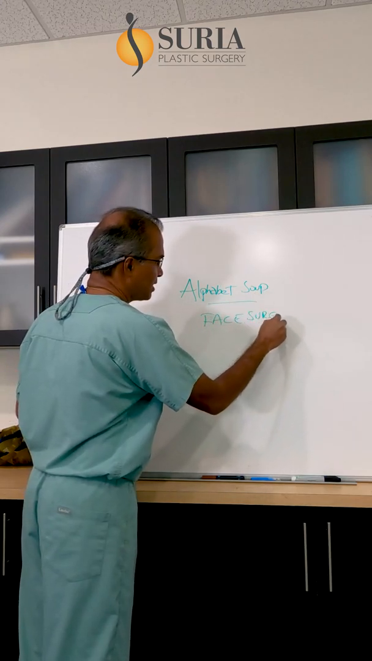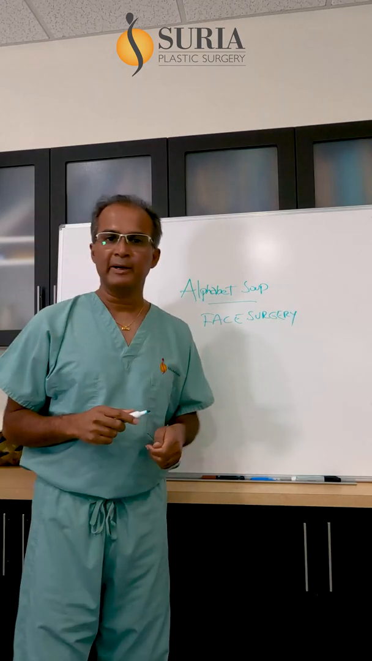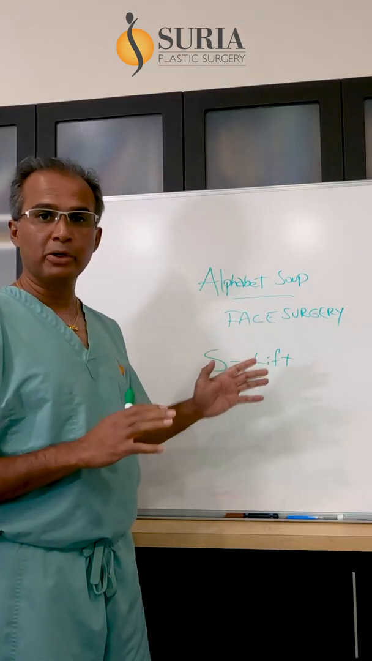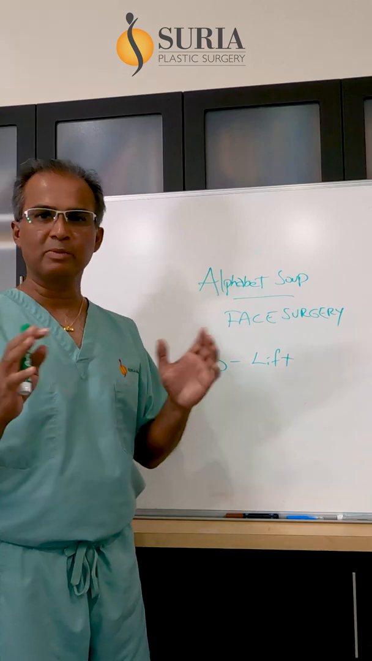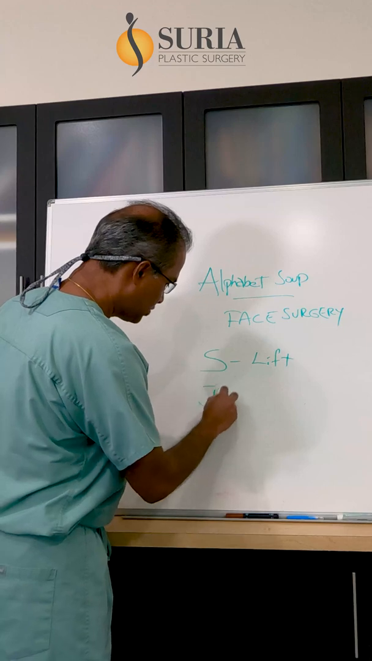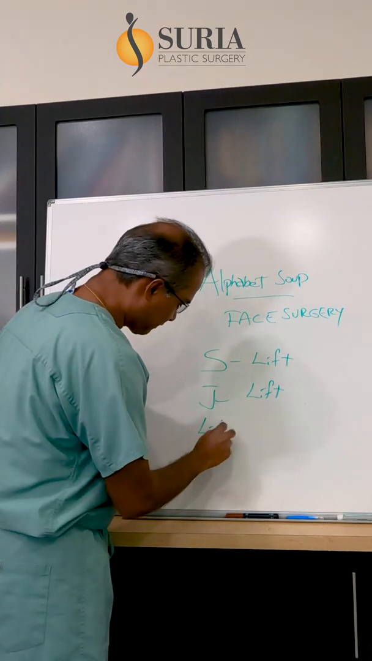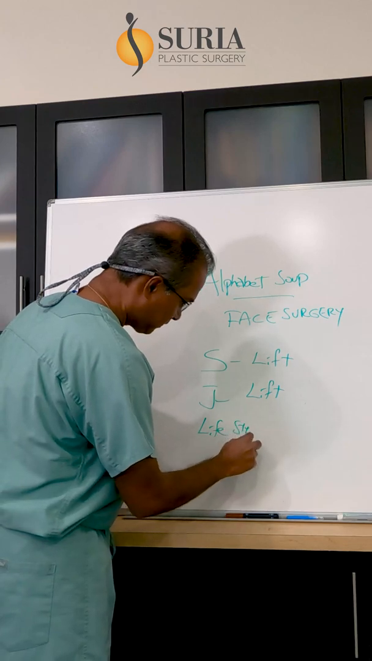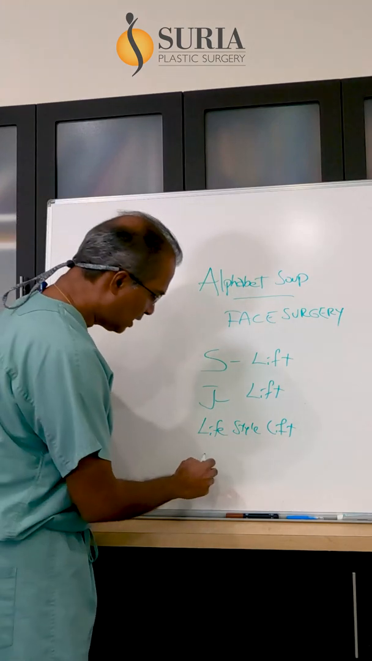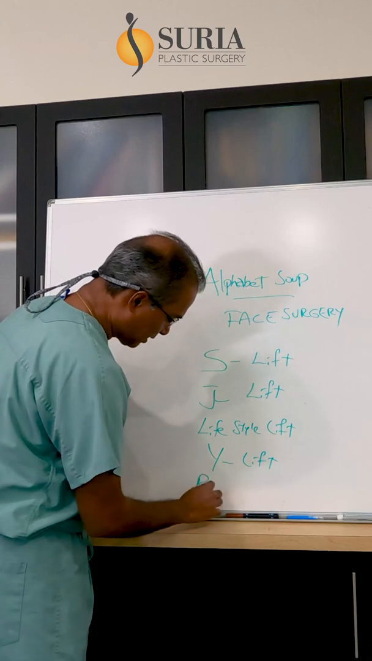And I always get very amused with this. You probably heard of these terminologies, come across them. One is called the S lift. One is called a J lift. One is called a lifestyle lift, old name but still around. There could be something called a Y lift. There's a ponytail